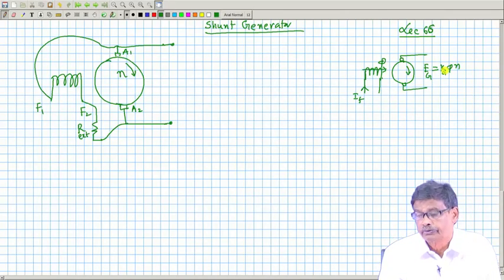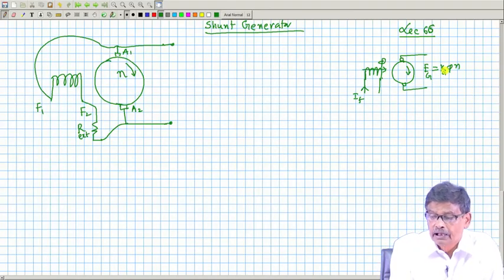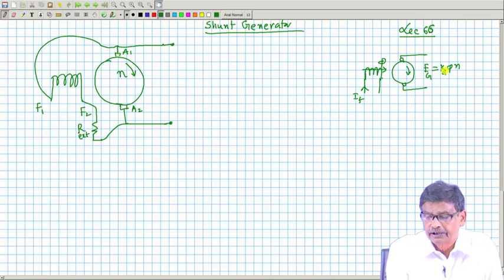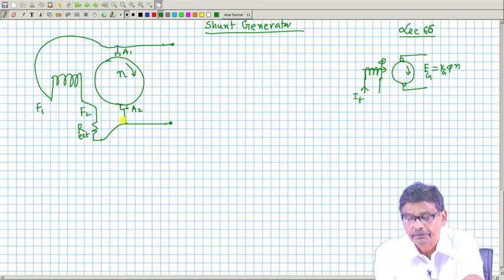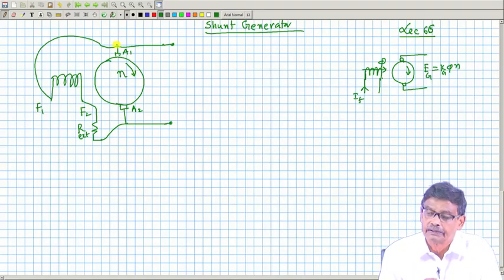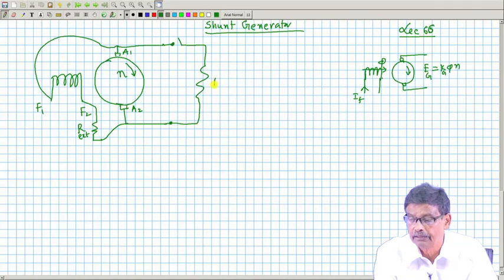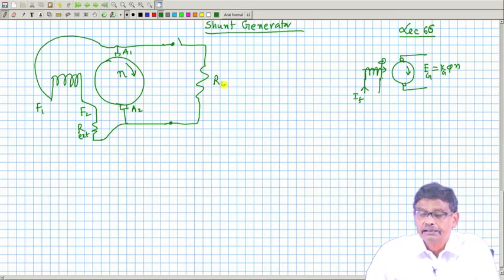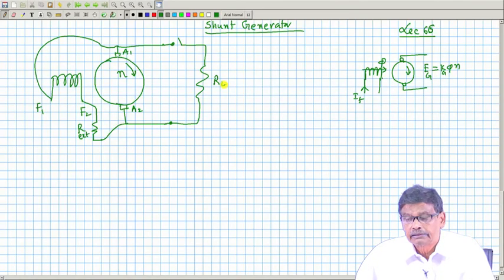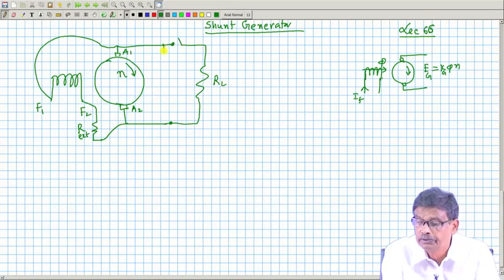Here I am not sure. You connect like this, because I am not now asking for a separate DC source. What I have simply done is that I have connected an external resistance in series with the field winding, and this combination I have connected in parallel with the armature, and I am claiming these are the 2 terminals of the generator where I will connect load. That is what I am going to do. Now, apparently it looks like, do I expect any voltage to be developed here?